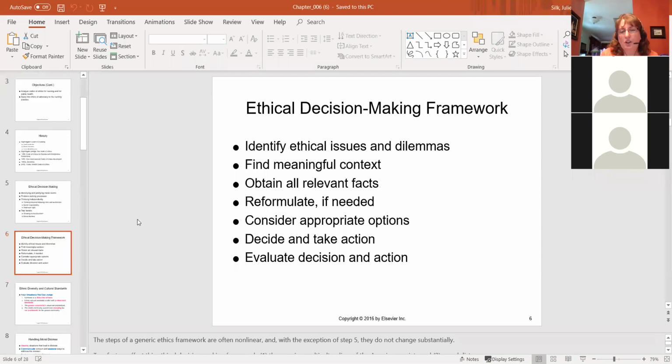So this should look kind of familiar. This is that ethical decision-making framework that we've talked about before. So basically you just identify what the ethical issue or dilemma is. You find meaningful context to look at it through, obtain all the facts regarding the situation, reformulate if needed, consider appropriate actions or options, and decide what you're going to do, and then evaluate the decision